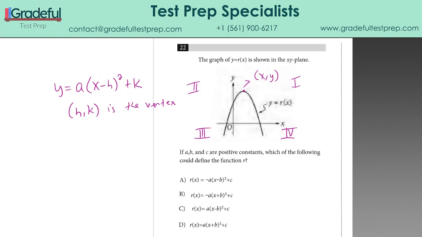Another thing I'm noticing is that the equation looks not like a U. It looks more like a mountain. And this is the idea that the A of an ABC parabola, or of a parabola in vertex form, the A is negative when it looks like that, and the A is positive when it looks like this. So here we're going to want to see a negative A, so that matches two of the answer choices, and we've already narrowed out